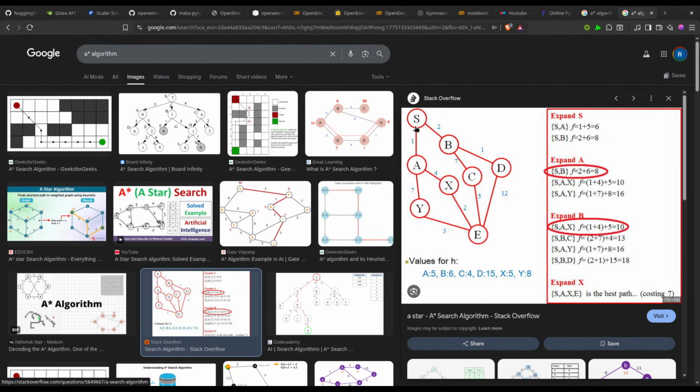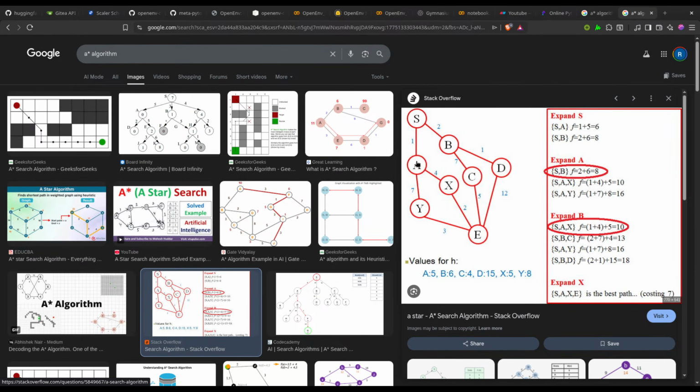So this is how it works. Let's suppose SB, the path value becomes 8. To get 2 plus 6, I don't know how it is getting the 6 value. S to A is 1 plus 5. I think the cost of A, yeah, it is defined here.